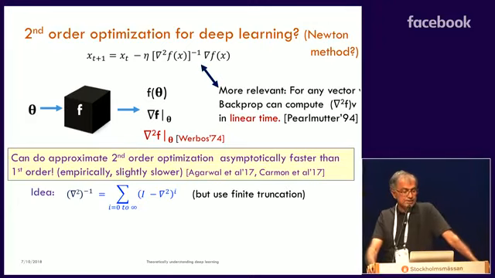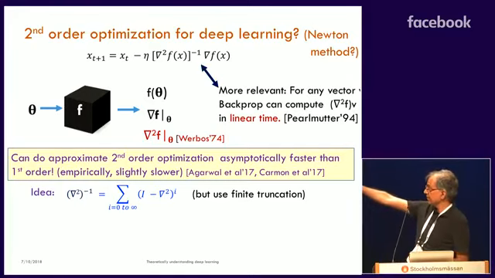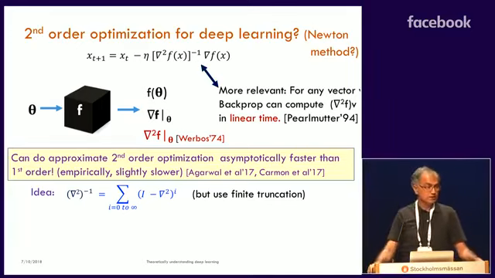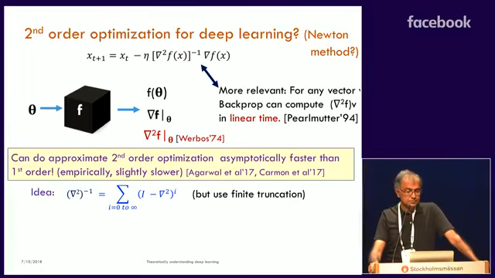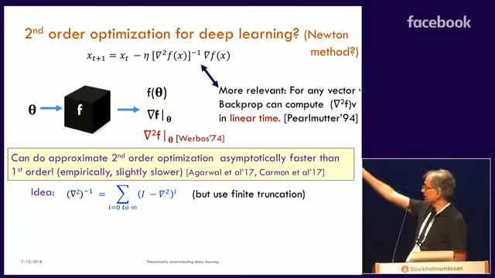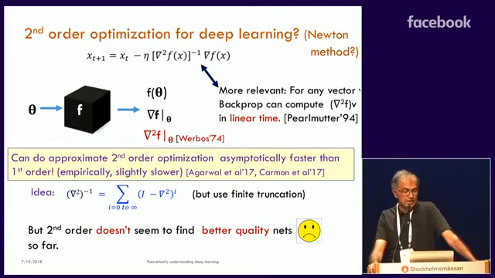And the idea is that you can approximate this inverse of the Hessian, the inverse of the second-order derivatives, by this infinite Taylor series, which is the sum over i of (identity minus the Hessian) to the power i. So that's a simple identity. I mean, if you just put x in there, you'll see that it's true. And you use a finite truncation of that series. And so on the right-hand side, now you have these Hessians, obviously with higher powers, but it turns out backpropagation can be used to approximate those as well. So yeah, second order is very good.